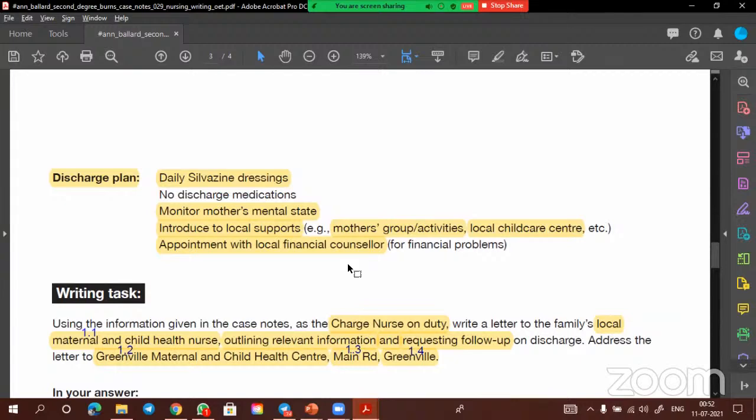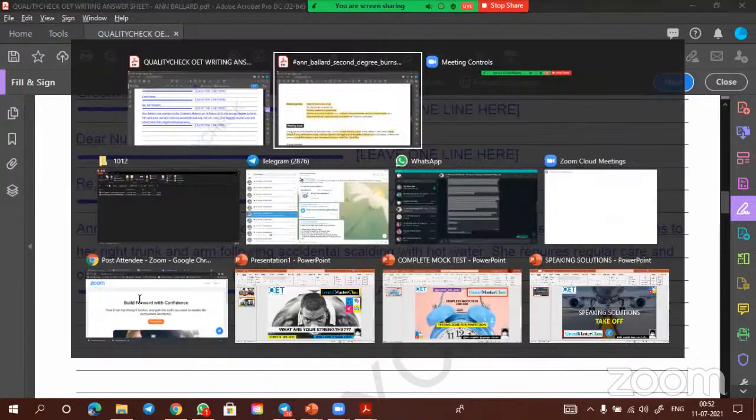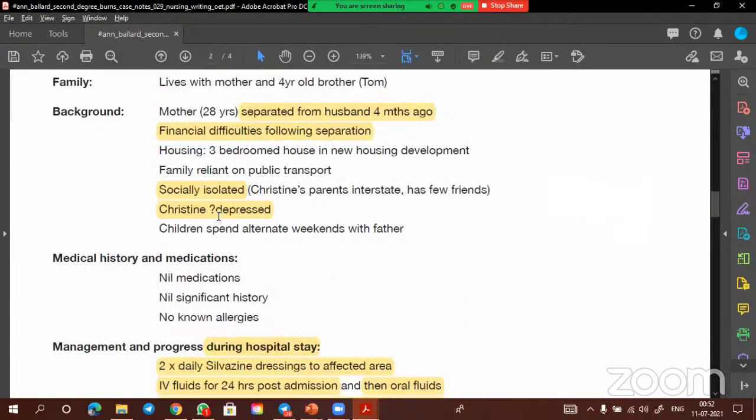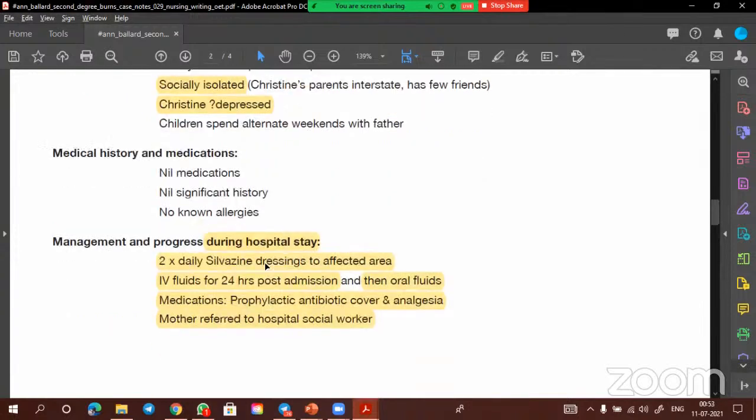Now this is how you can write your introduction, in 2 sentences or 1 sentence. You can match it in 2 sentences or write it in 1 sentence. Accordingly, you can change or alter. Now next, this is admission. You wrote the introduction. So here, you can say, medical history and medications, management.